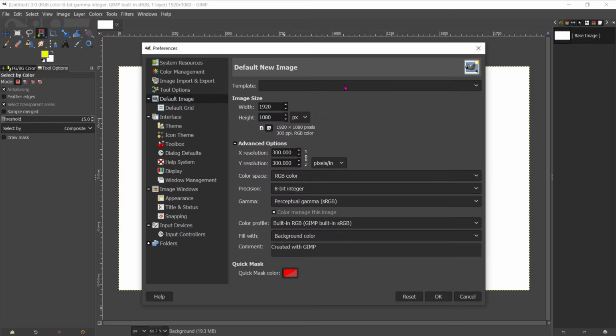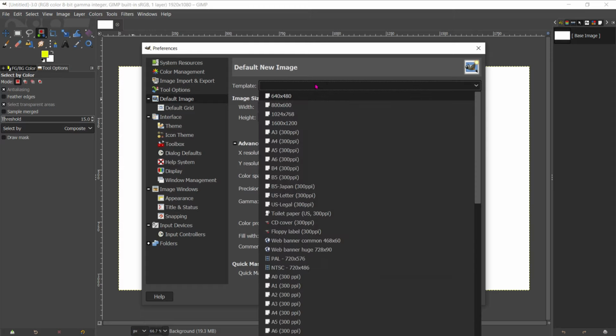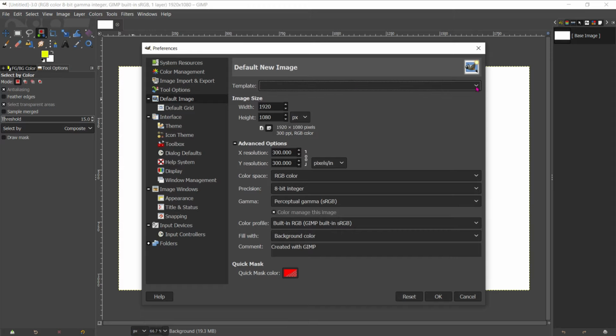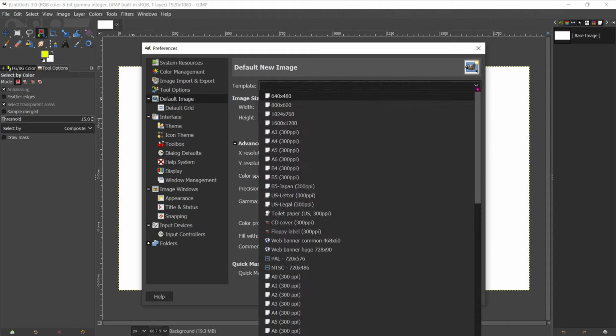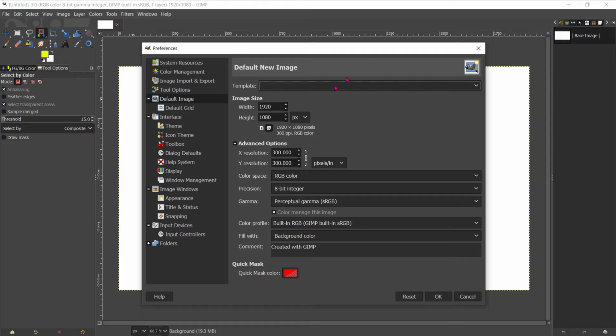Default image means the size of the image when I open it. Presently this is the default template size for me. If you want to set a different size, so that whenever you start this application that particular dimension opens, you can select it.